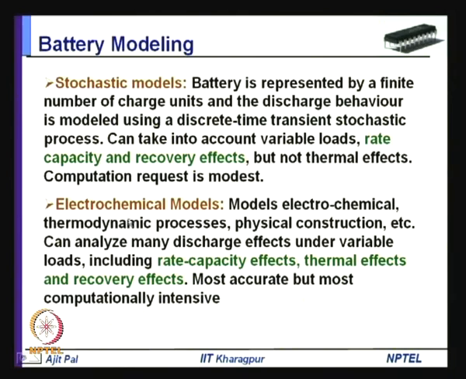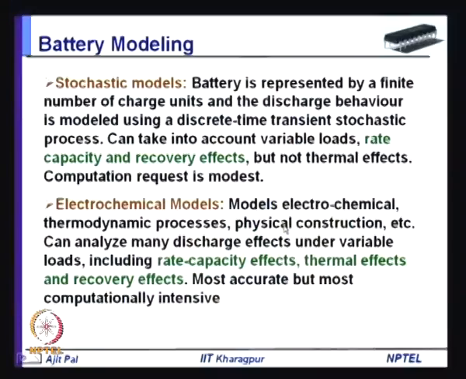Coming to the last model, that is your electrochemical model. So, this models electrochemical thermodynamic processes. It takes into consideration the physical construction, what is the length, what is the width, what is the thickness, and various materials used and so on. So, actual physical